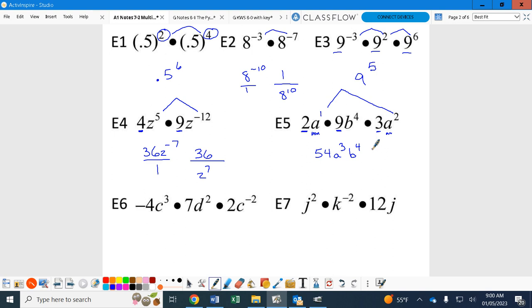Questions? Okay, we're going to do more. I got 2 more of those because I knew that's a little bit different, so I wanted to get some more of those. So grab your calculators, do negative 4